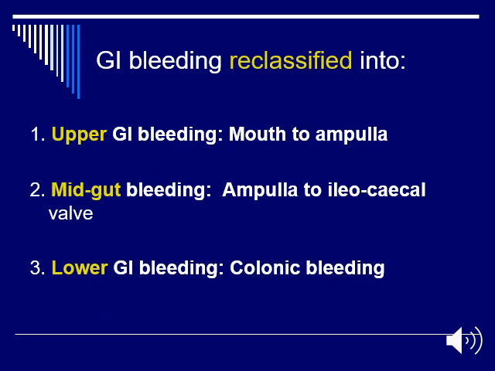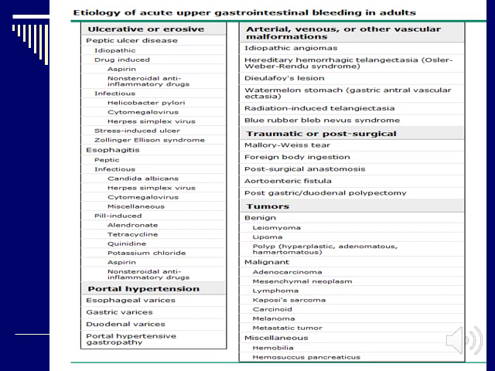But this has also been classified into upper, mid-gut, or lower after the invention of capsule endoscopy and enteroscopy. So we can now detect mid-gut bleeding. Upper GI bleeding is from the mouth to the ampulla of Vater, mid-gut bleeding is from the ampulla to the ileocecal valve, and lower is the colonic, distal to the ileocecal valve. The upper, and also the main causes are